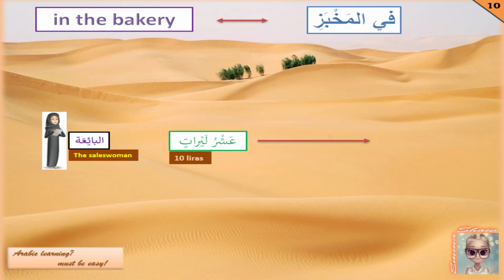Yes, gladly. So the saleswoman then answers and says عشر ليرات in the sense of 10 lira because عشر means 10 and ليرات is the plural of ليرة means lira. Aha, very good to know. At the very beginning I asked myself the question why lira instead of lira. Yes, okay, good.